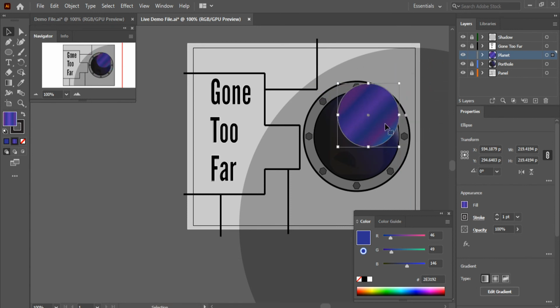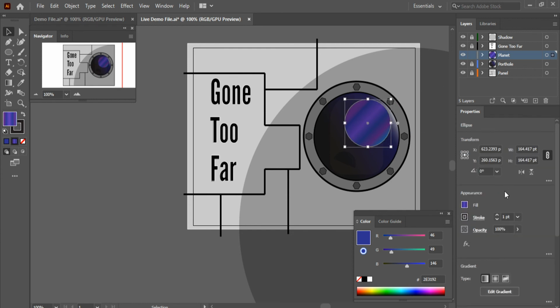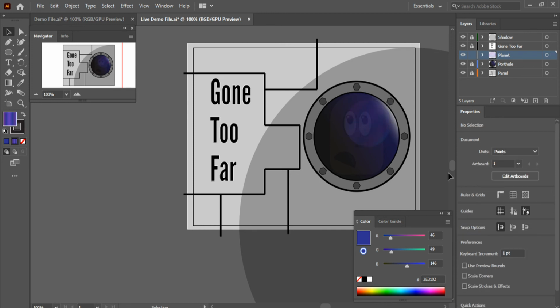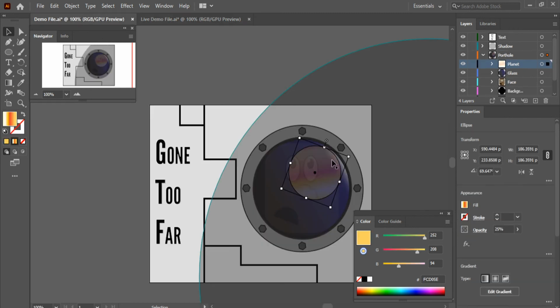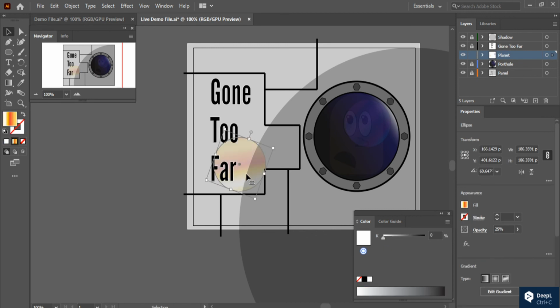Scale it down, and we want this to fit within the porthole. So yeah, right there. And what I did was lower the opacity all the way down to 25%. Now for this, the color palette doesn't work great. I'm just going to copy over the other one that I had. Kind of hard to see, but